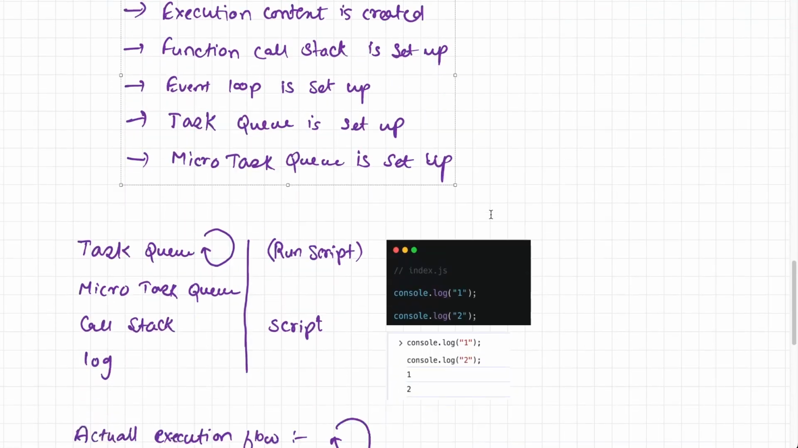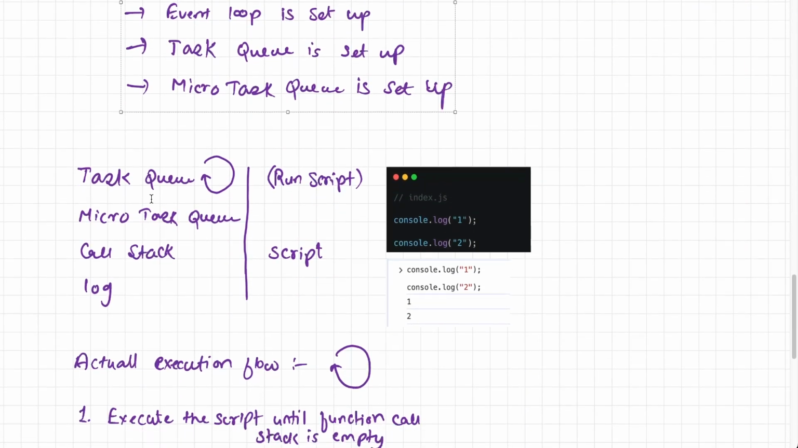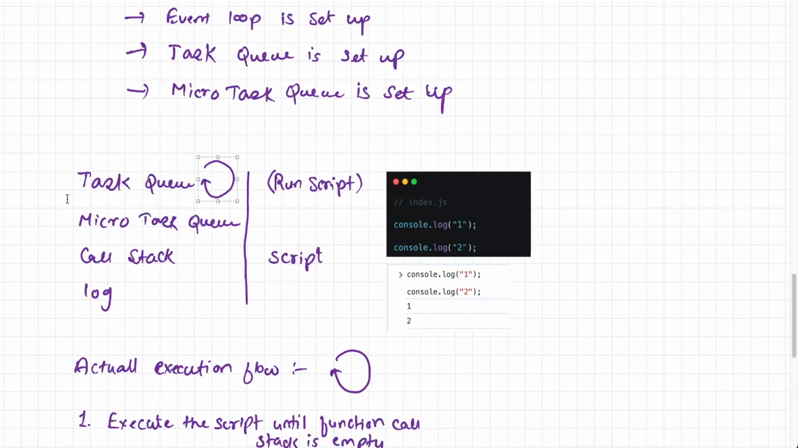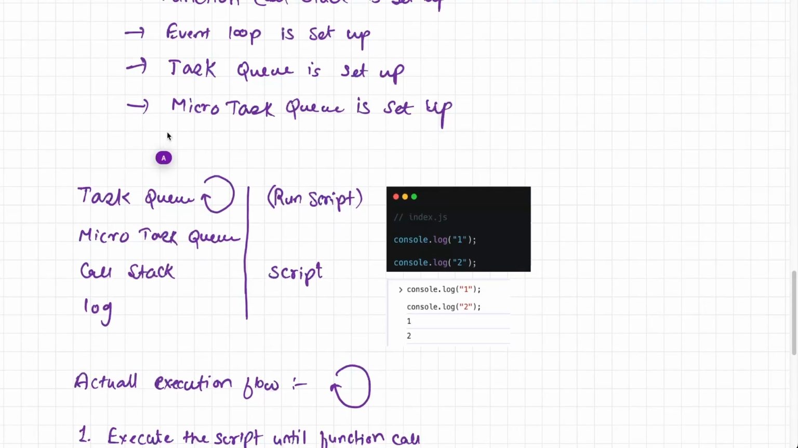Now, how actually is this task going to execute inside the JavaScript runtime? So I have created a task queue here, and this task queue is continuously watched by the event loop. Okay, and I hope you understand how the event loop works. If not, then let me give you a brief introduction to the event loop. So the event loop is nothing but a continuous loop which